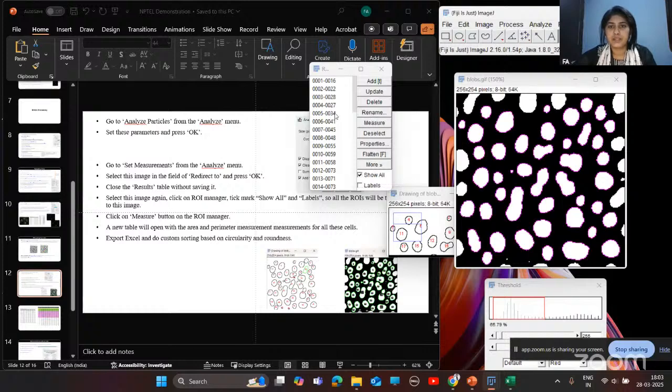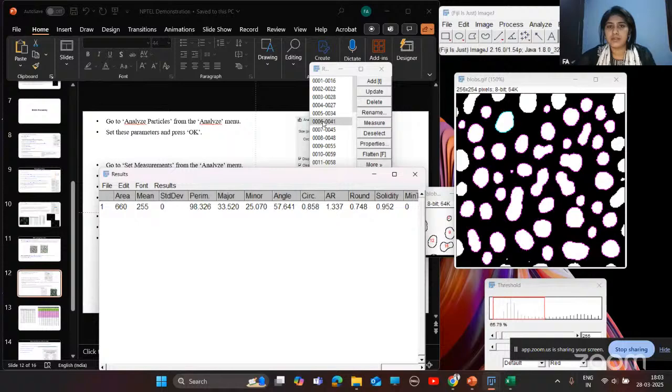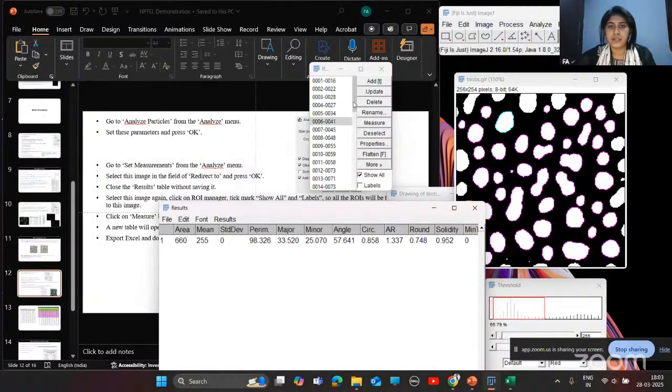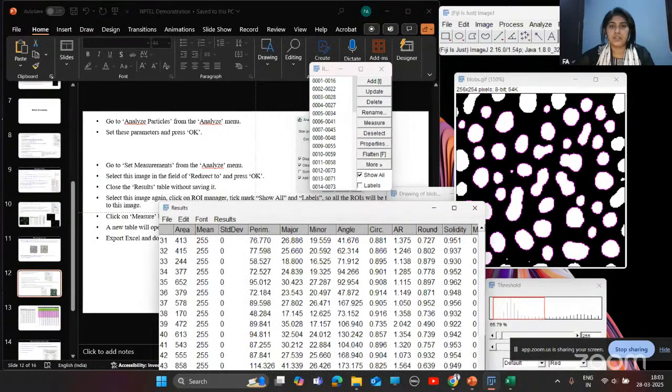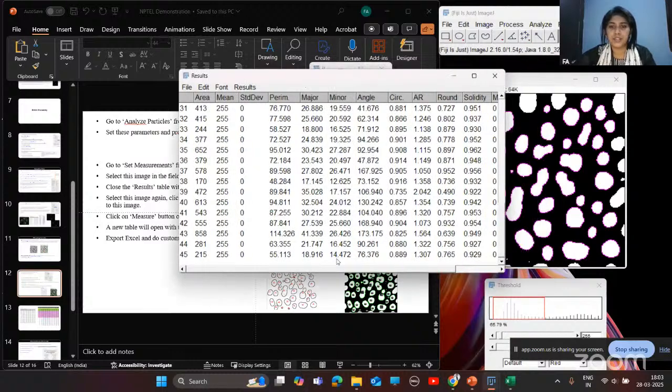And here you need to select measure for this particular image, and if you want to do it for all, show all, and then select measure. So here we have these values from your original image.